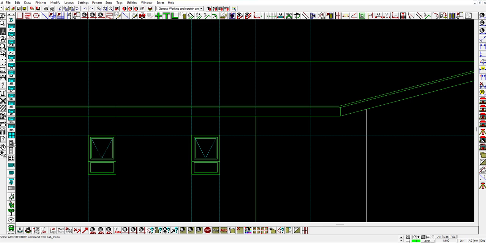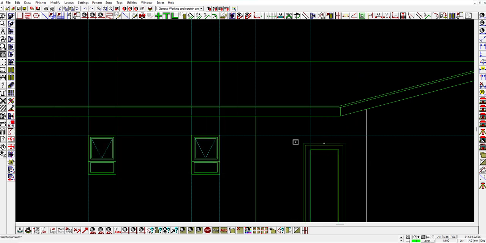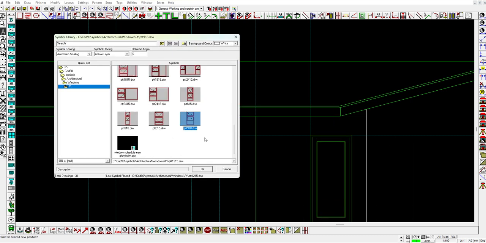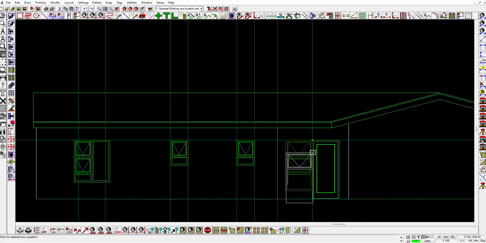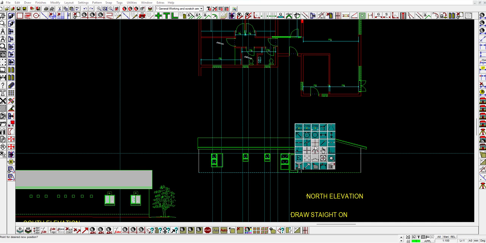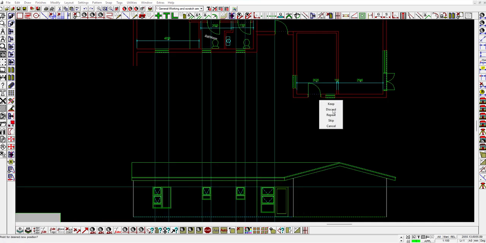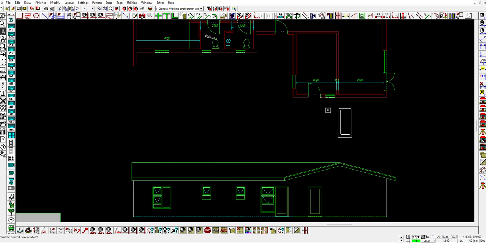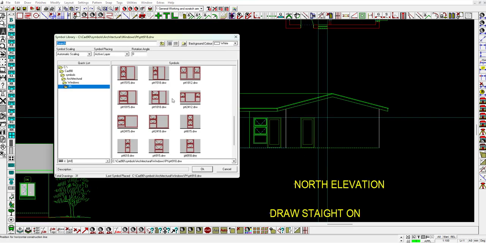So we're going to go to house and okay. Okay, done. And now we need to add this. Let's check it. Yep, right. Rightish. Okay. Put the window in. Window is